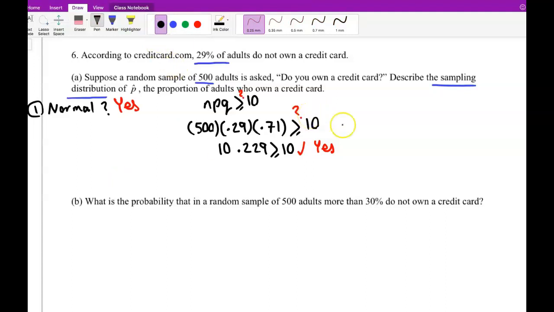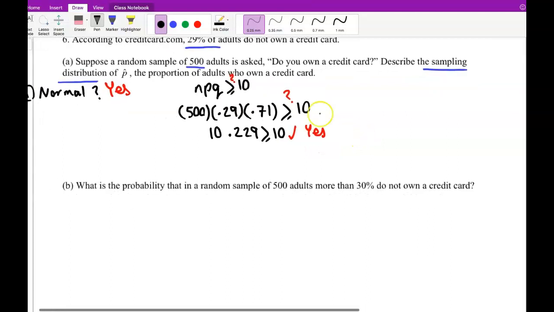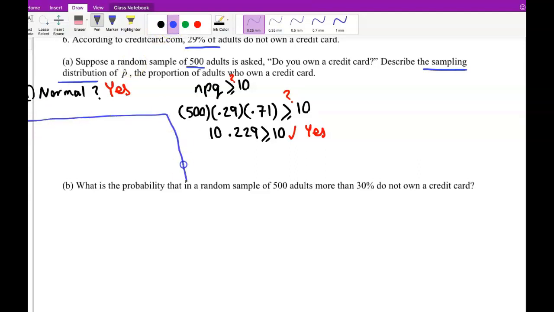Okay, I should find mean and standard deviation. So mean, this is already given,